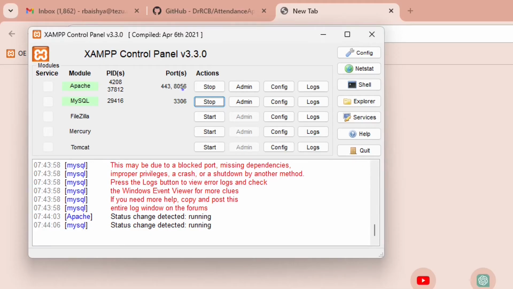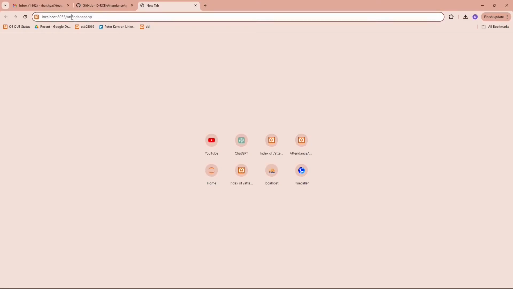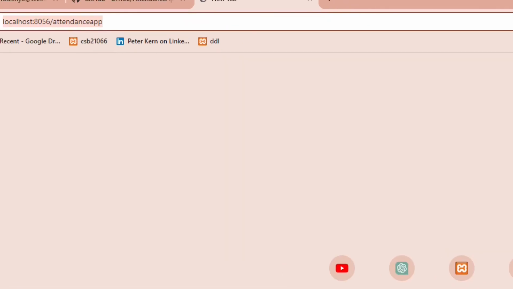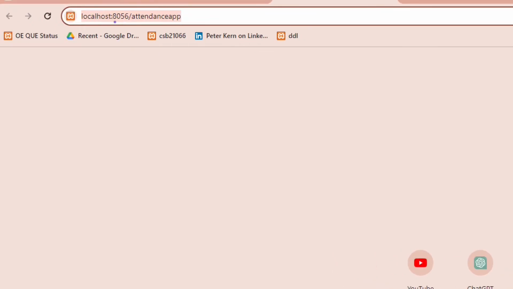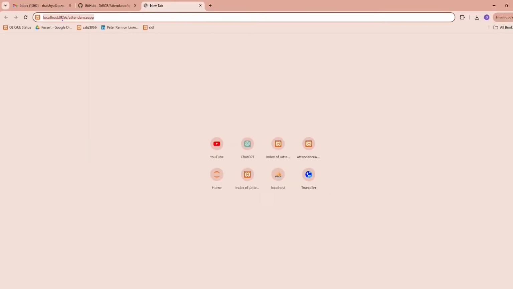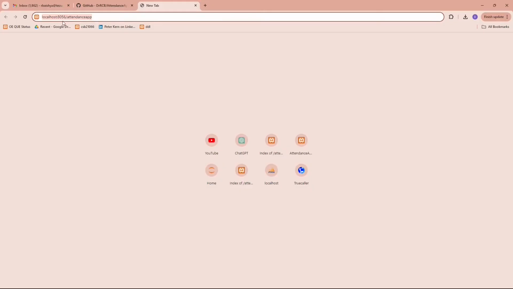In your case, by default, it will be 8000. And if it is 8000, then you don't have to write that colon and the port number. But if it is anything other than 8000, then you have to specify that port number. So for some reason, I changed the port number to 8056. And for that reason, when I type localhost / attendance app, I also have to specify that the port where the Apache server is running is 8056. Having said so, now I'll type there localhost:8056 / attendance app, and then I'll